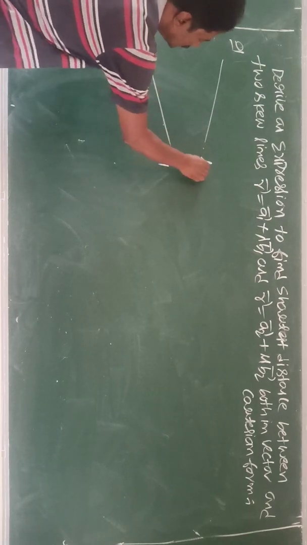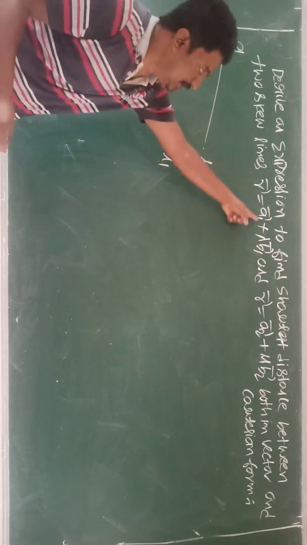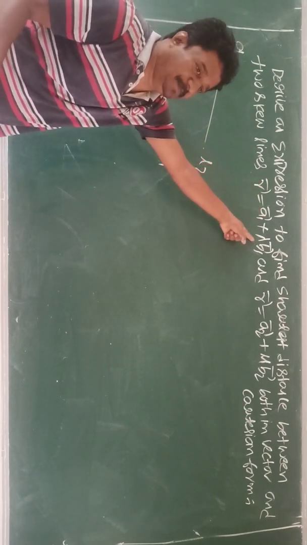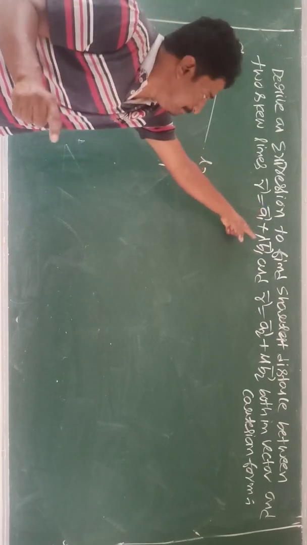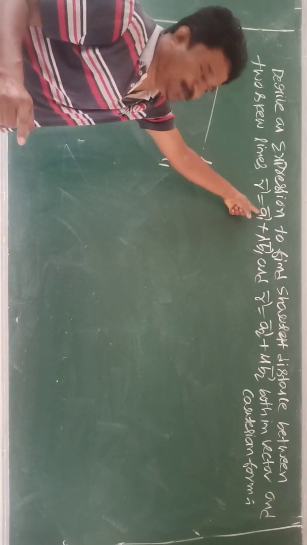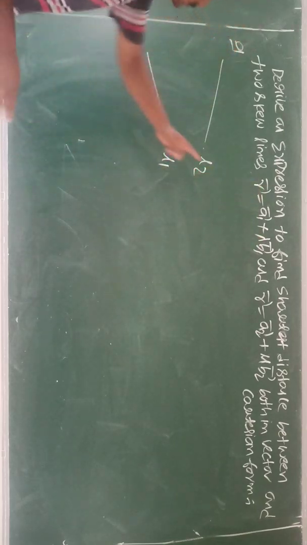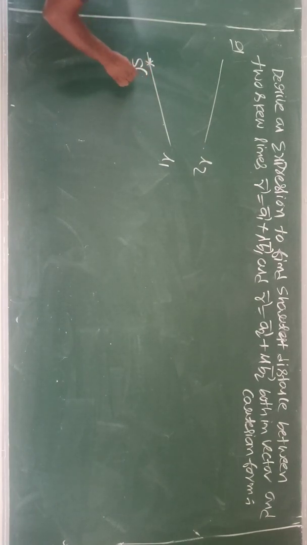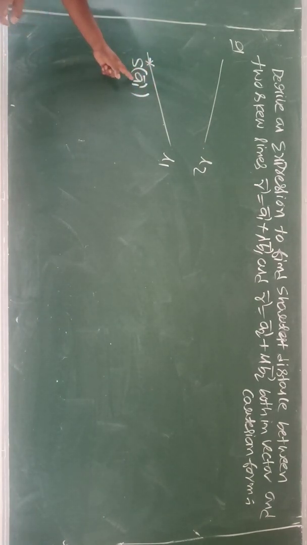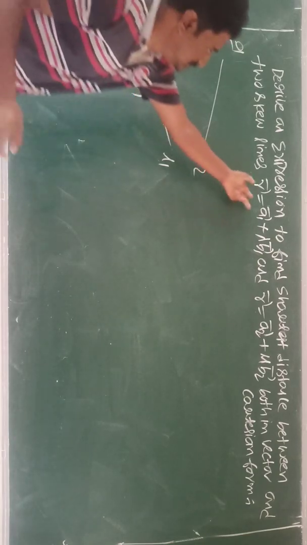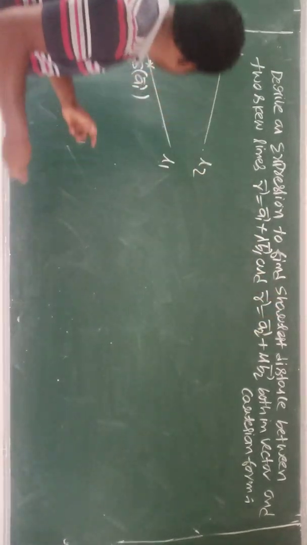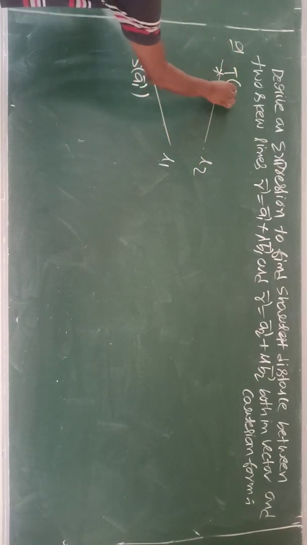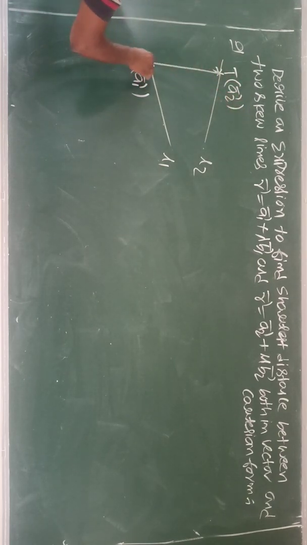You take this as line 1, and this as line 2. R is equal to A1 plus lambda B. Look at this, students. R is equal to A plus lambda B. A means a point on the line, B is the parallel vector. So I mark this point S. A1 is a point on the line L1. T is a point on line 2. Join that.